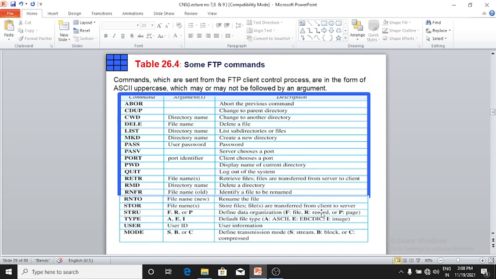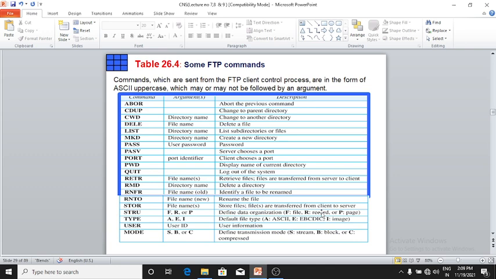Here some FTP commands are there. Commands which are sent from the FTP client control process are in the form of ASCII uppercase, which may or may not be followed by an argument. Different commands are there, with their arguments and their descriptions.